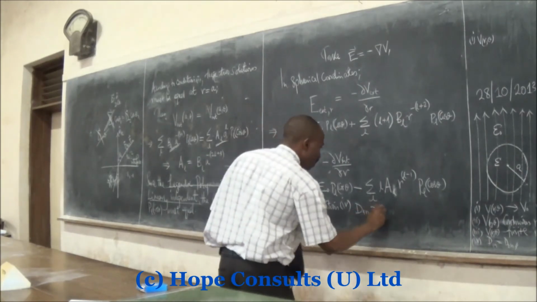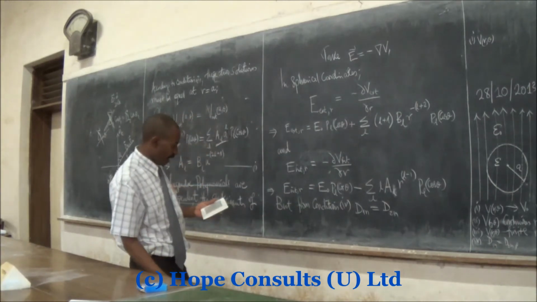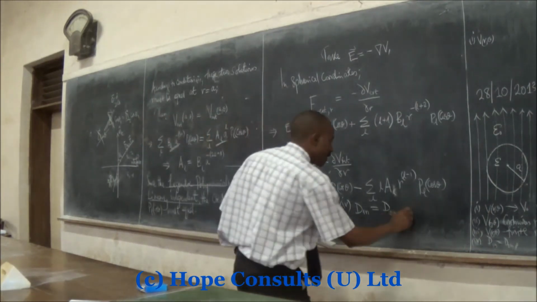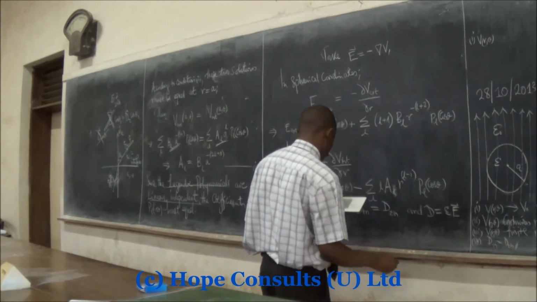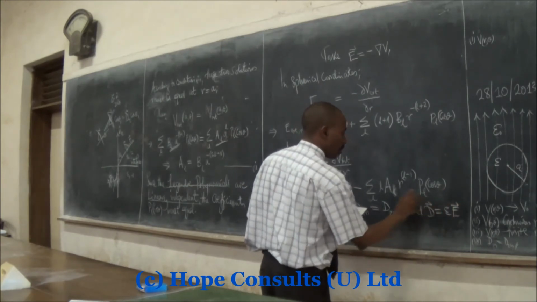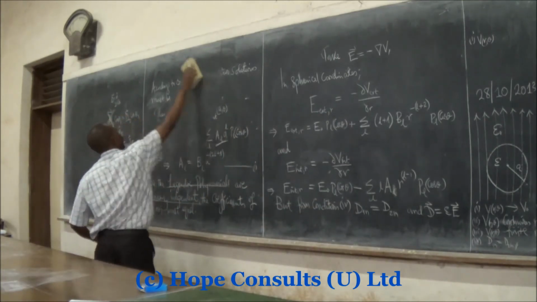So D1n is equal to D2n for continuity across the interface, and we know that D is equal to epsilon E. Thus, if we now know these facts,